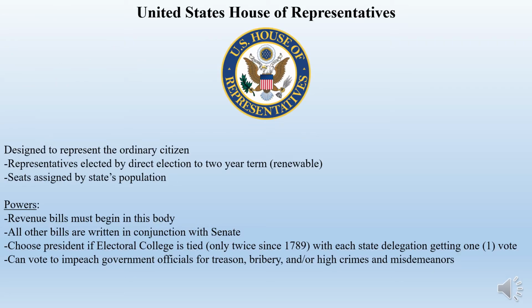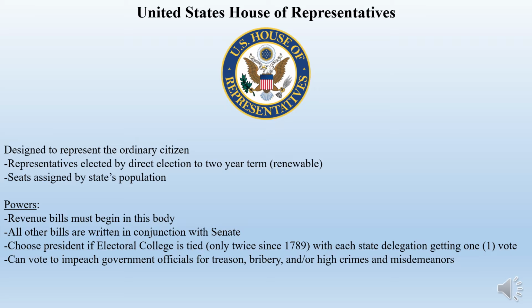Now, what is the House of Representatives? Well, the House of Representatives is designed to represent the ordinary citizen. It is where the true democracy in the United States is actually seen. The representatives are elected by direct election. They are the only people under the original Constitution that were elected by direct election. This has changed, and the Senate is also by direct election. But here in 1787, the only place there is a direct election is for your member of the House of